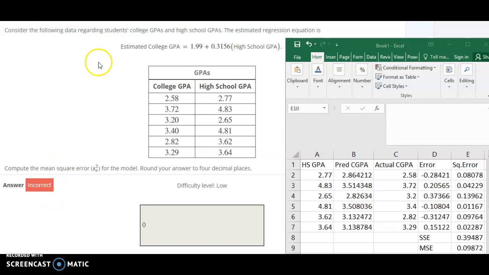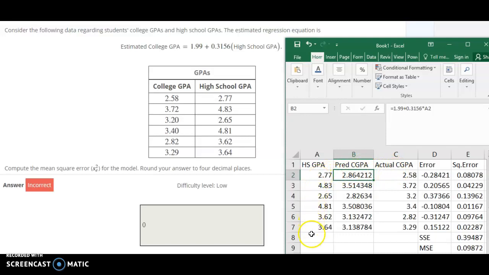Let's take a look at how to find the mean square error. If you already have the sum of square errors, it's a very easy calculation, but let me go ahead and go through from the actual data. So in this case, we have some high school GPAs, and then we have some actual college GPAs from those same students. And we have a regression line here, a regression equation that tells us what our predicted GPAs would be